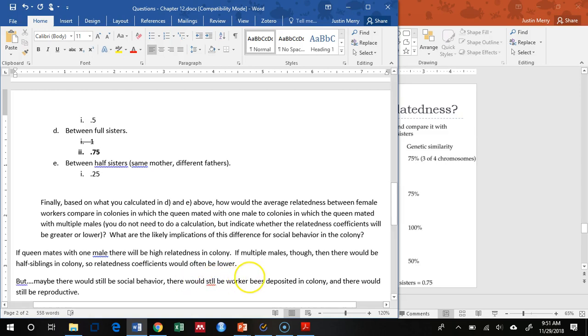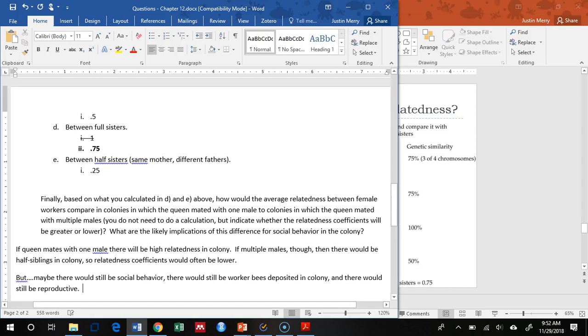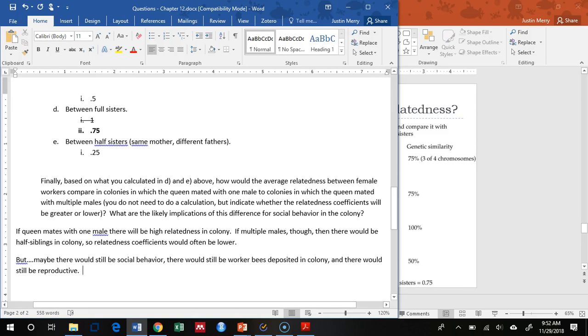You'll see this argument in the literature as far as why this would be, because it is the case that the workers are benefiting less by producing a half sibling than they would by producing a full sibling. But they're already so into this system of eusociality and having these castes and sterile workers. And the same would be true for a lot of these ant groups. They have really, really strict castes with massive size differences and functional differences, some are soldiers versus workers, and they have very different kinds of morphology as a result. It's difficult to kind of undo all that.